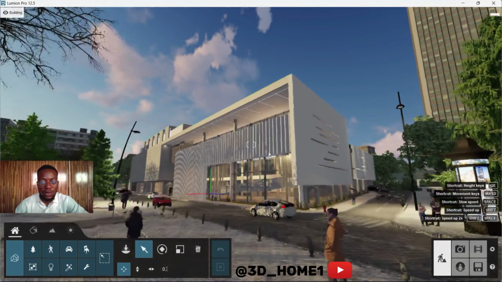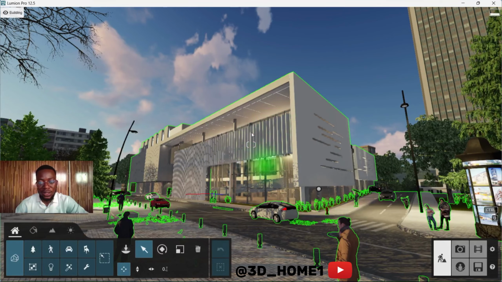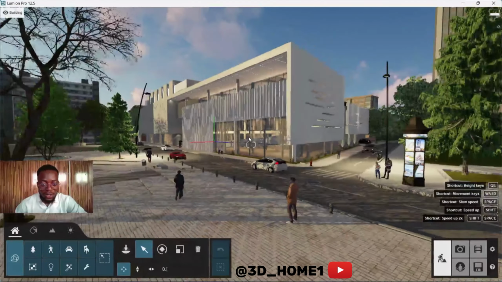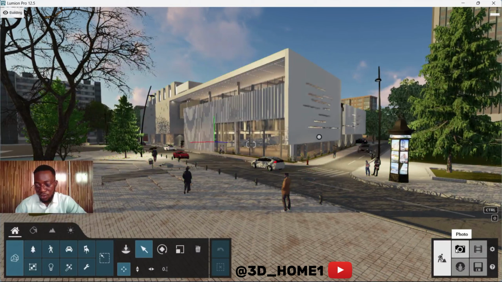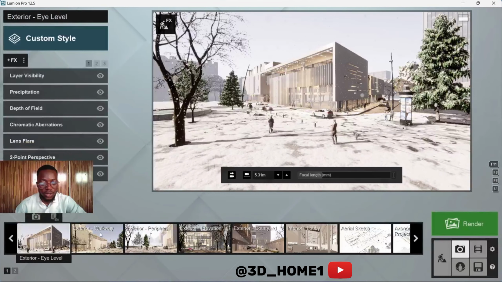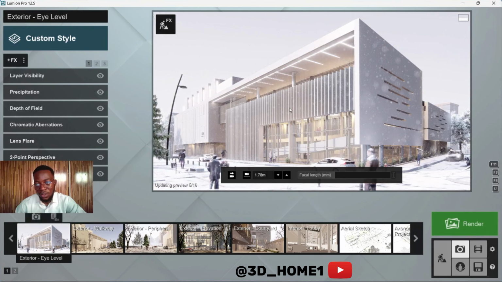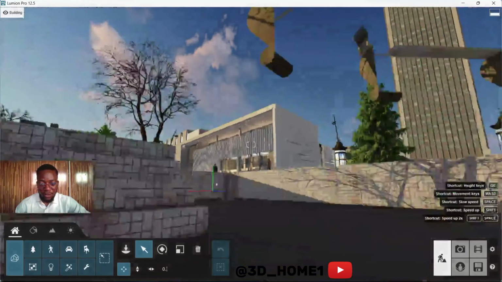This building was done by someone, and these settings you're seeing were based on his or her own settings. So this is someone's building, but their own settings. Once you click on photo, you'll see some pictures, some camera settings. These are camera settings done by that person. So you can see it's a snow environment, a winter environment. Once you place your building anywhere close to this place, or anywhere here,